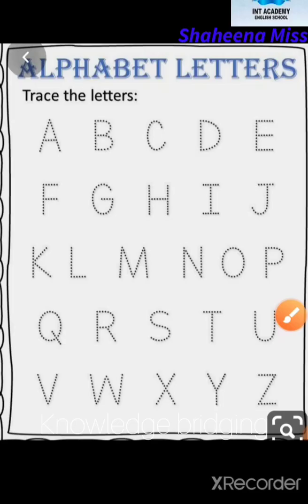Students, just pay attention to your mobile screen. You can see it, and you will say, Miss is teaching us the alphabets? No, my dear students, I am just bridging your knowledge. Just pay attention while I am explaining. This is the bridging of your knowledge. It is going to help you. Okay, so just pay attention.